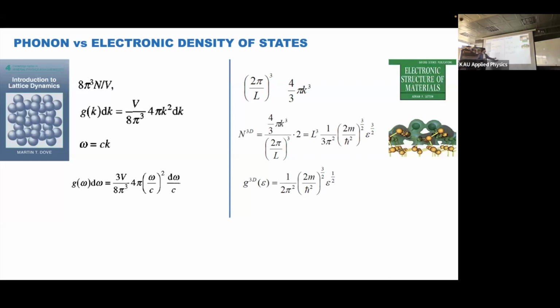We have the volume of one state, and then we can calculate the number of states in this volume. So we just divide the sphere's volume by the one-state volume, make some transformations, and get something like this. So we have the number of states dependent on the energy, and then we can divide it by energy, and we have some function